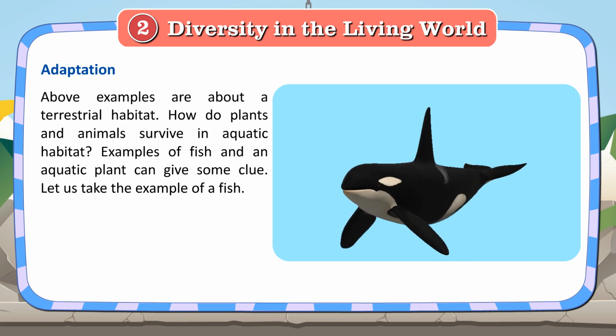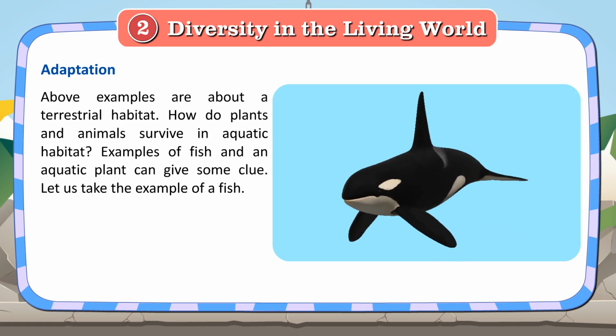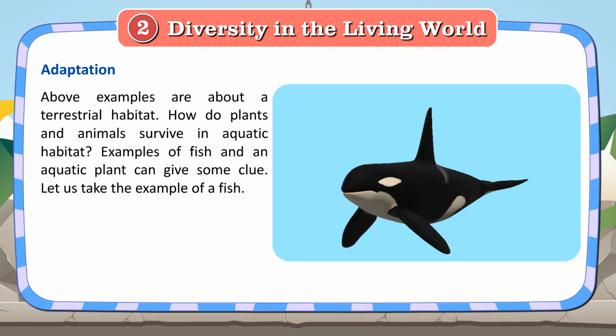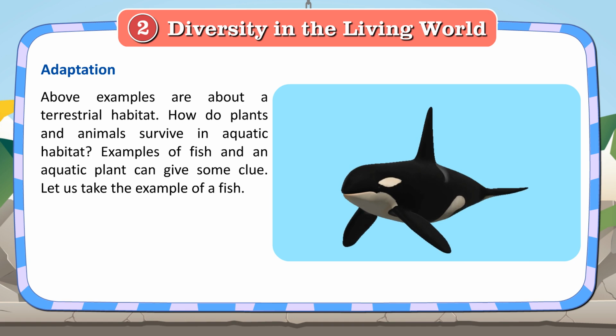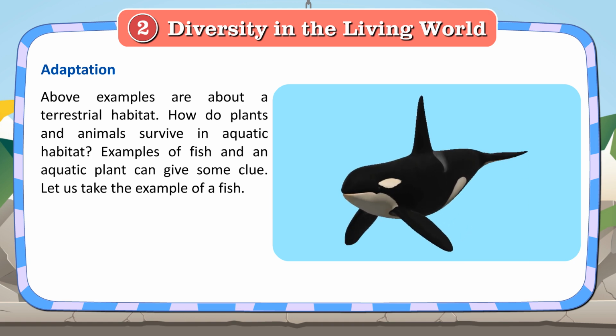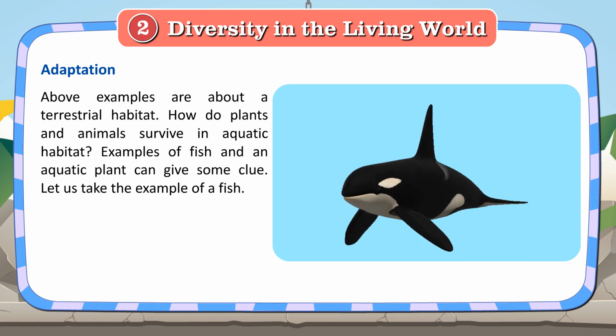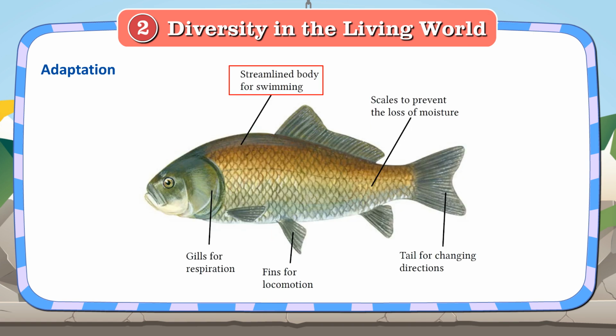How do plants and animals survive in aquatic habitat? Examples of fish and an aquatic plant can give some clues. Let us take the example of a fish. Streamlined body for swimming, scales to prevent the loss of moisture, gills for respiration, fins for locomotion, tails for changing